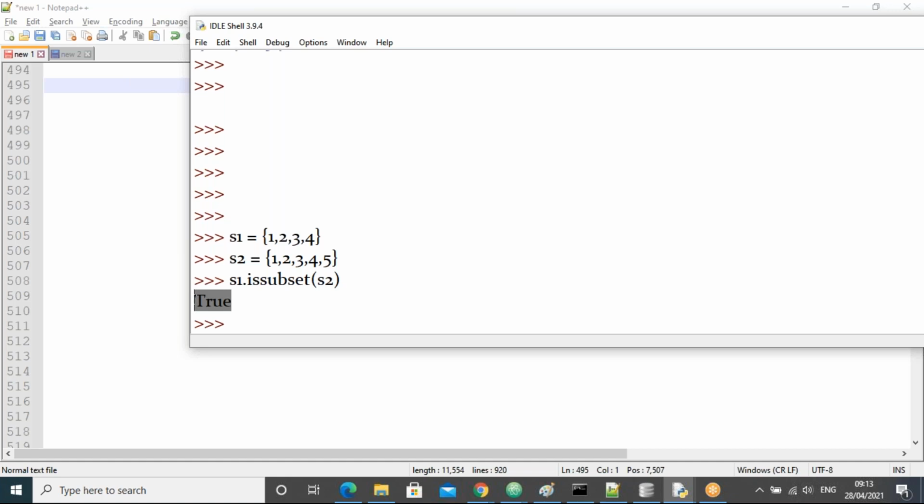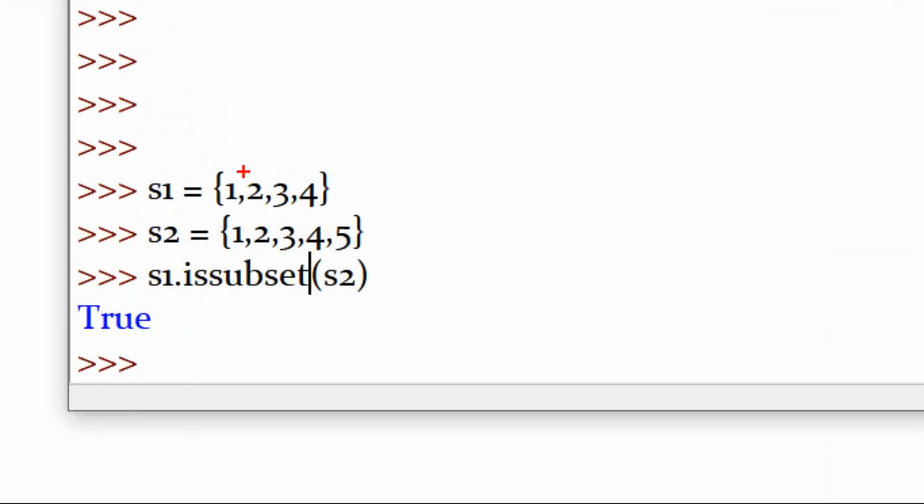Okay, fine, very good. Everybody give reply. Because all S1 elements are present in S2. All S1 elements 1, 2, 3, 4 are present in S2, and extra also is there.